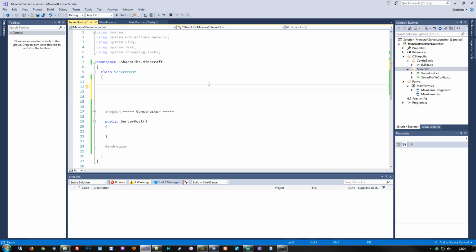We need to know where the server resides, so let's get a path. We also need to know the jar, so we also need to tell this class what jar we need to